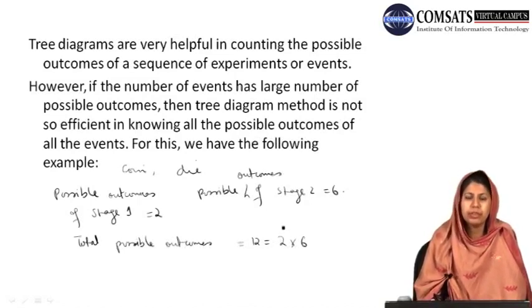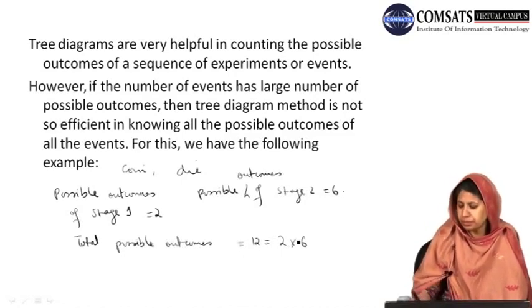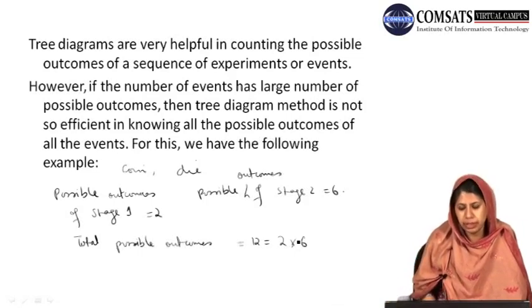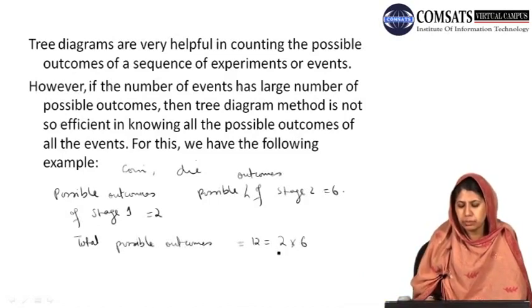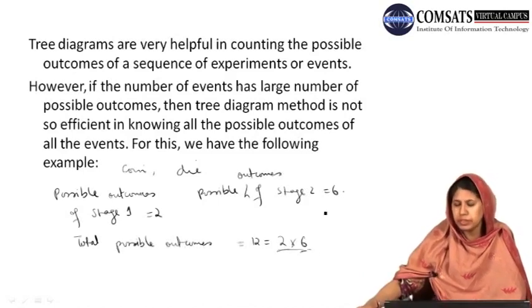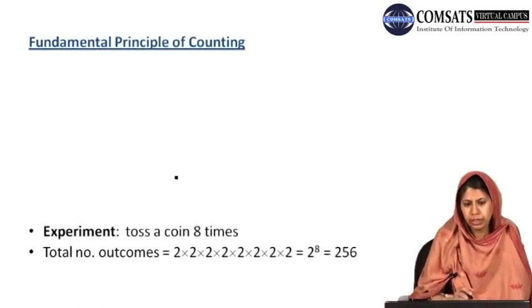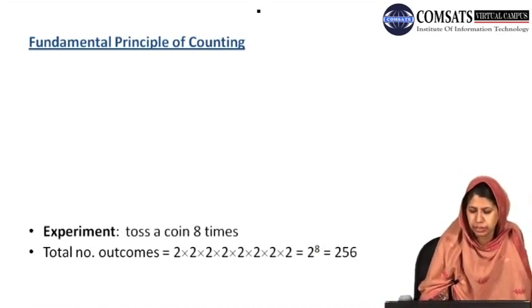But if we want to find the number of possible outcomes generally, or if we have a large number of events or large enough possible outcomes, then the tree diagram is not enough to calculate the number of possible outcomes. Then with the help of this particular case, we can generalize our formula: the number of possible outcomes of the first event times the number of possible outcomes of the second event gives us the total possible outcomes, which means that we define our fundamental principle of counting, also called the multiplication rule.